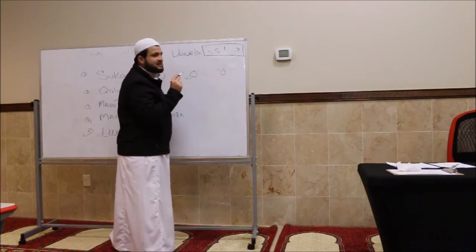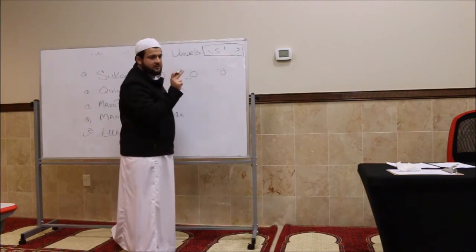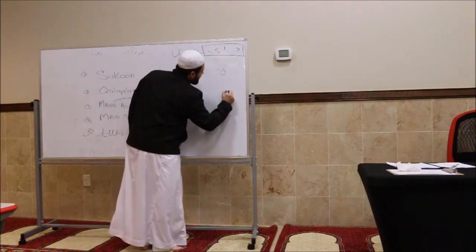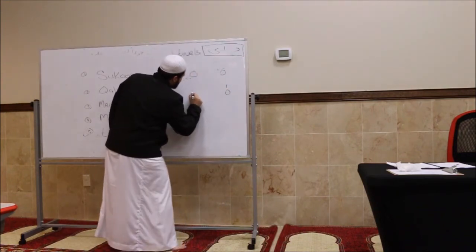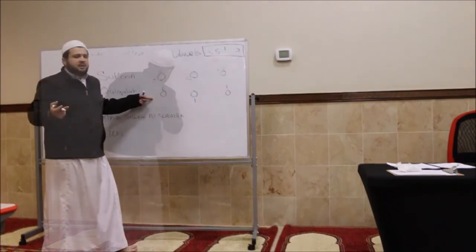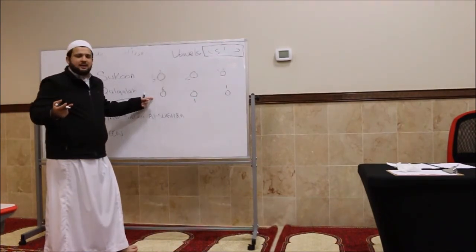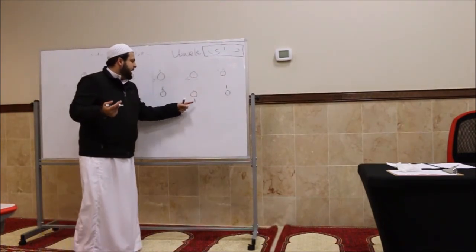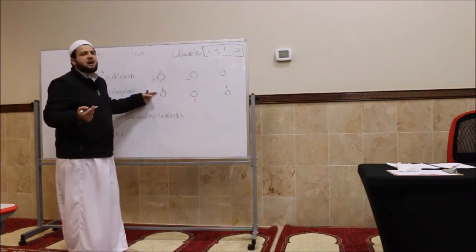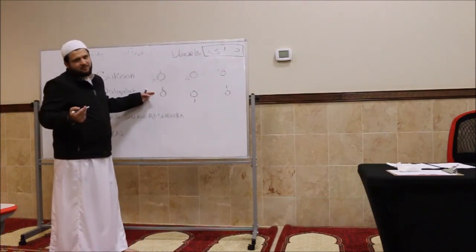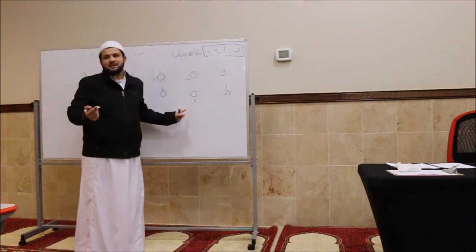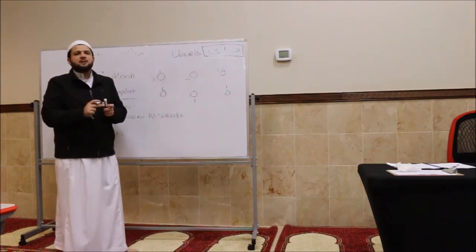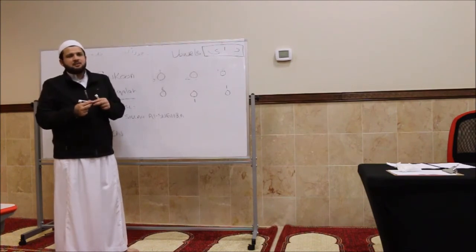Now, the difference is in Indian or Pakistani script, if we pick it up, it will be like a standing fatha. It will be a standing fatha, right? If you pick up those kinds of scripts, we will call it standing fatha, standing kasra, or upside down or standing dhamma. But if you pick up an Arabic text, it will not be like this and you will not see this. So I'm just telling you both ways